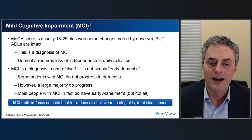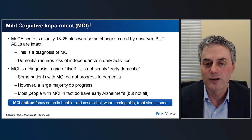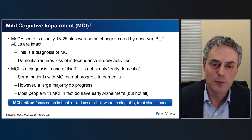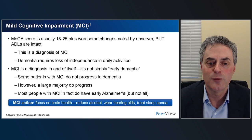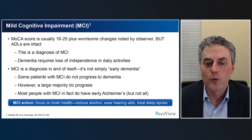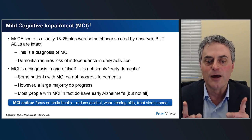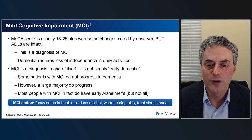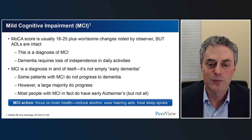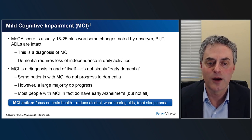And this is a diagnosis in and of itself. It's really important to understand that this is not simply early dementia, because some people with mild cognitive impairment do not progress to dementia, and yet a very large majority do. And so it's so important to identify that most people with mild cognitive impairment do in fact have early Alzheimer's disease, but not all. And this is just such an important moment for primary care to really embrace, engage, and really think about all the things that we can be doing to maintain somebody's brain health